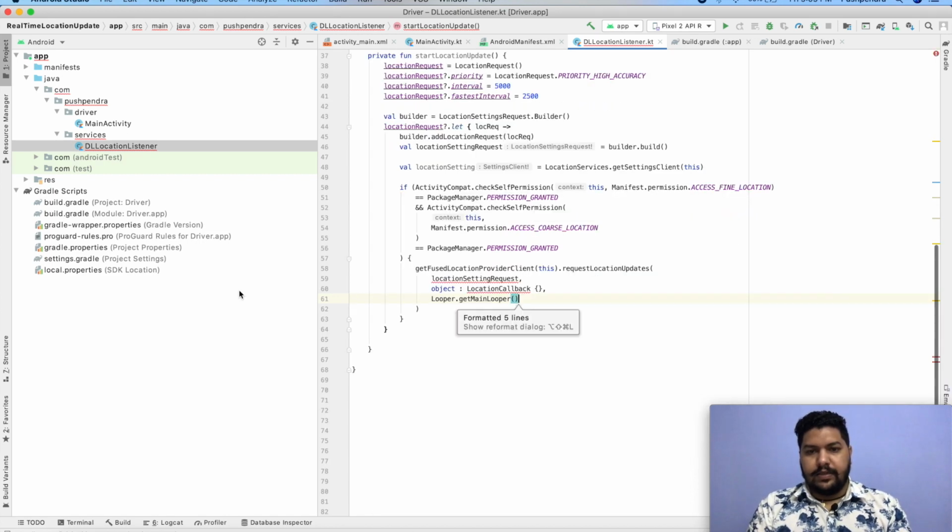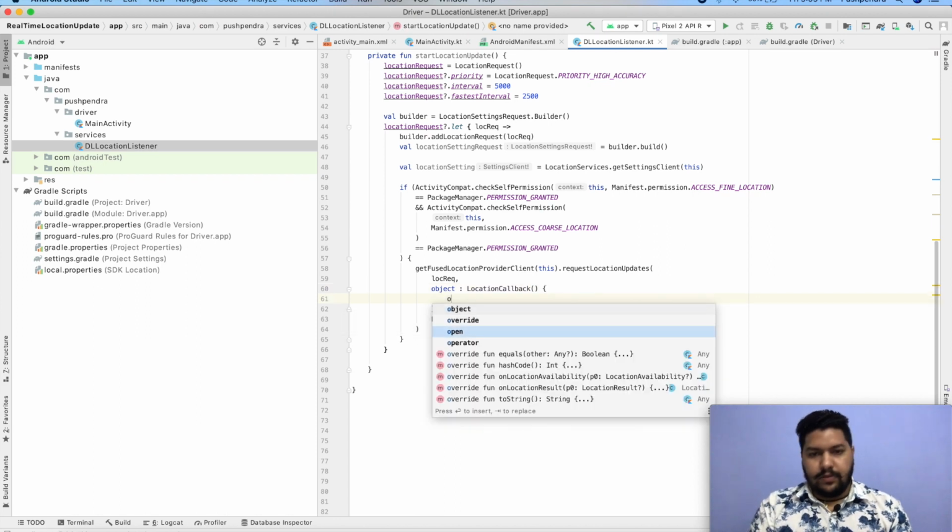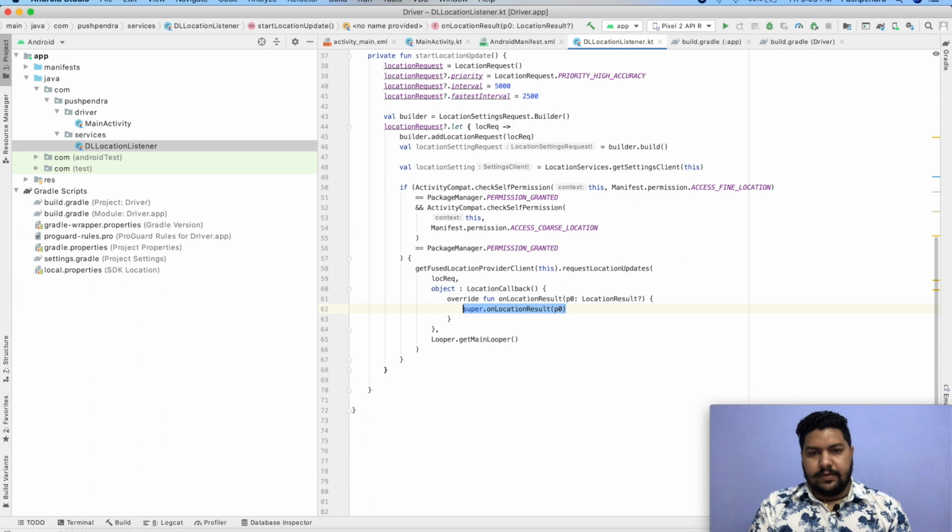Now it's done. I think we are missing something here. Here this location request will come, so we can say loc request, and this will be like that, and here we will get the location. So location result, this is location result.